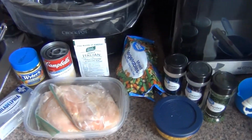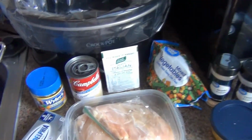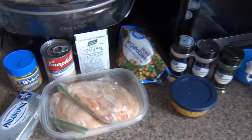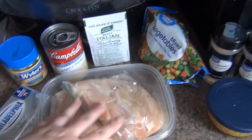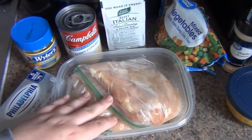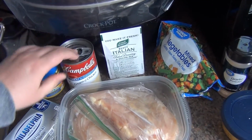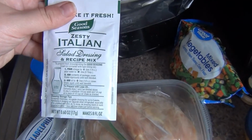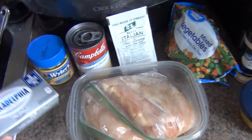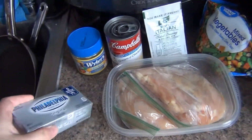Hi everyone, so I have a super simple recipe for the crock pot today. It is creamy Italian chicken, and really all you're going to need is some chicken breasts. I have two really decent sized ones right here, a can of cream of chicken condensed soup, a packet of zesty Italian salad dressing mix, a block of Philadelphia cream cheese, this is 8 ounces, and then you're going to